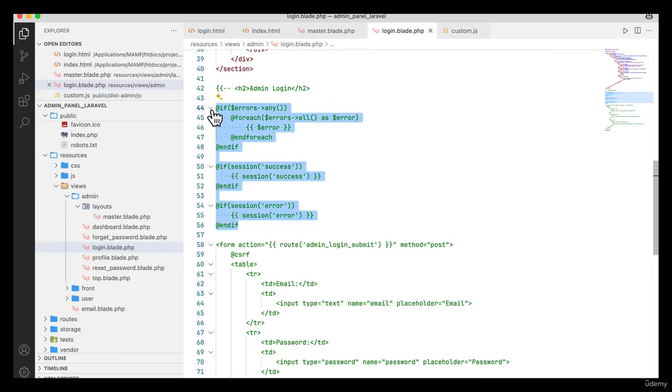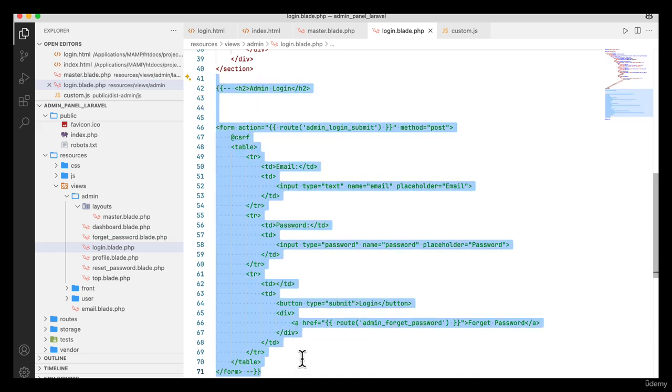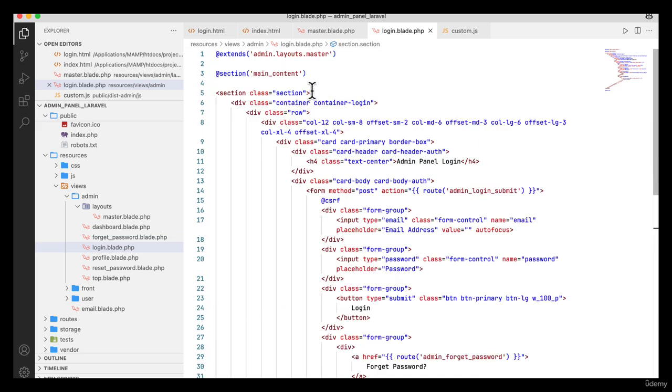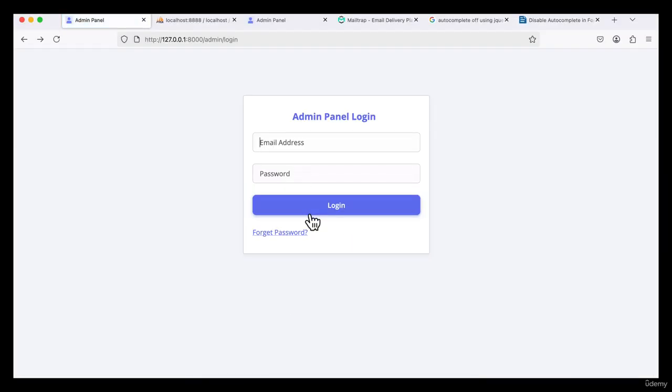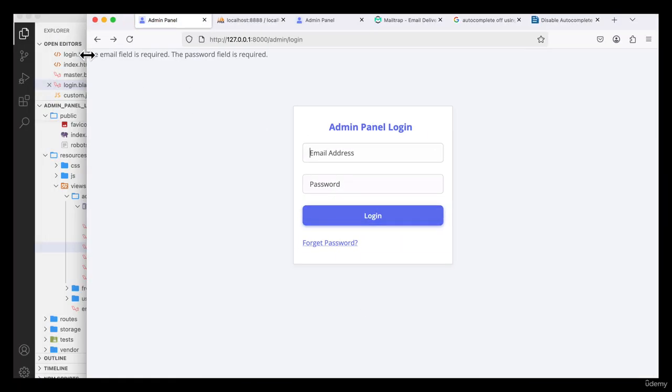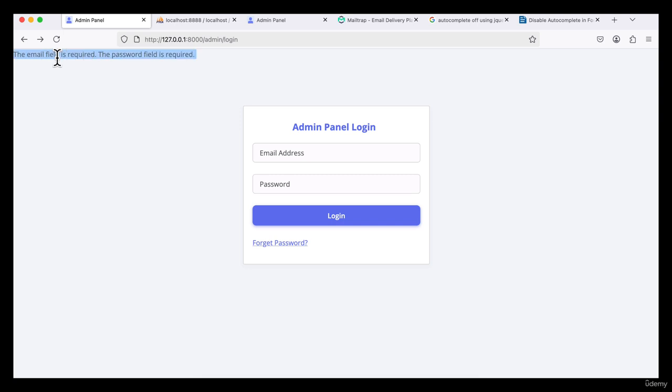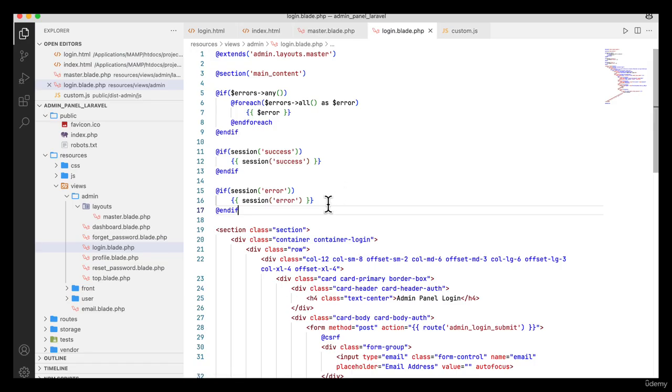Normally the error message should come in this way. I'm going to remove all the things from here, and here the error message will be shown. Okay, so refresh, you see the error message is showing at the top, that means here. Okay, so here it is showing, but I want that instead of showing the error message,